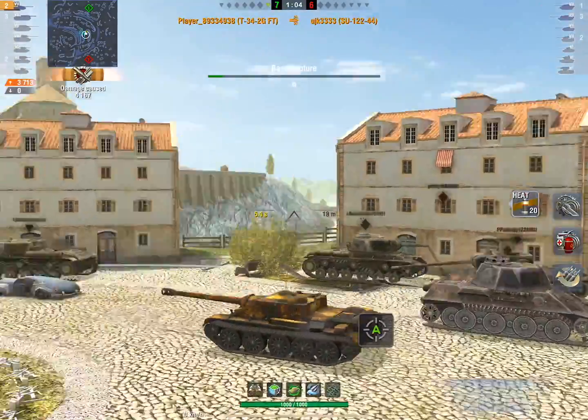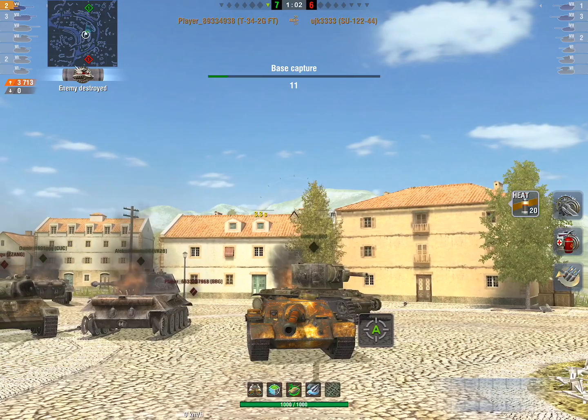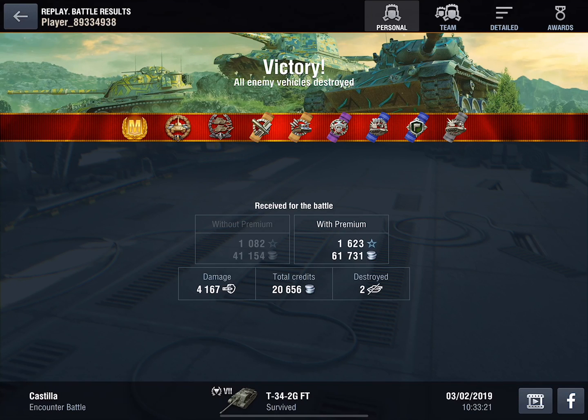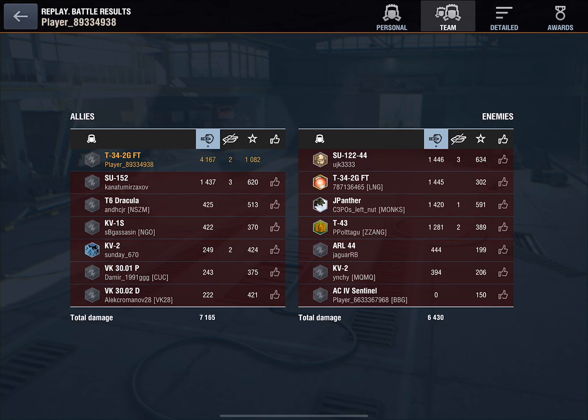I hope you guys enjoyed that. Great fun time. Great fun tank. I cannot recommend this tank highly enough. It is an outstanding vehicle. It will not let you down and is probably the best in the line. 4,100 damage, mastery badge. Absolute little crackerjack rip snorter. Until next time,